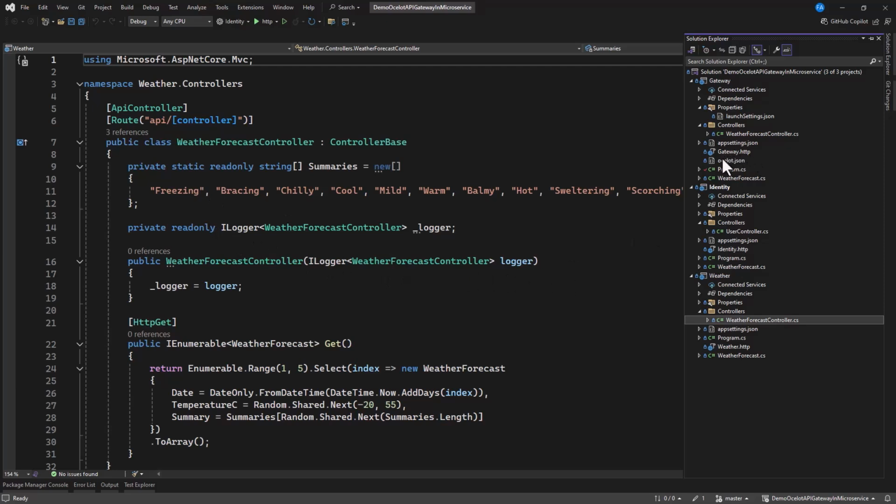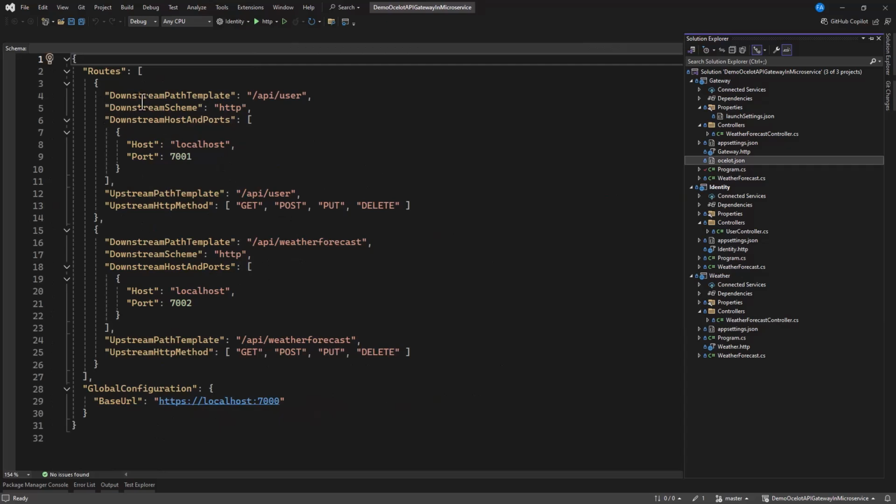So in that, we created another API, which I named gateway, whereby we installed the Ocelot package as a NuGet. Then we configured the Ocelot.json. That's where we need to specify our downstream path and the upstream path, and the host and the port. And as I speak, this is working. We can get data from these various services through this gateway. Now let's try this and see.